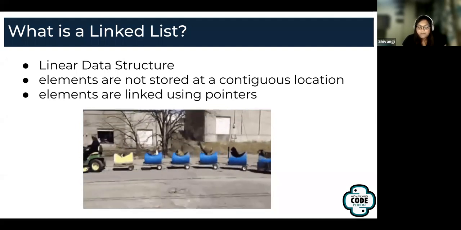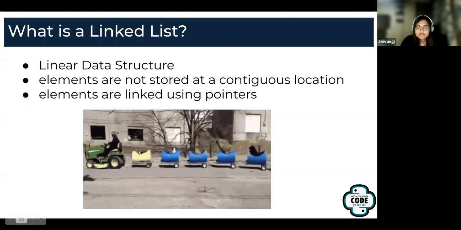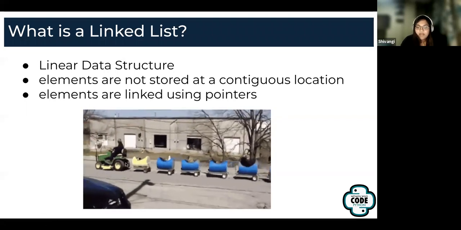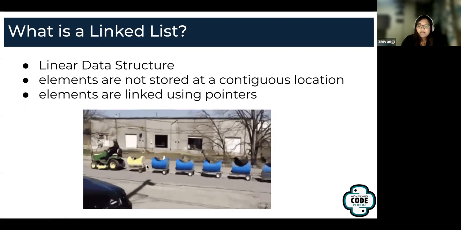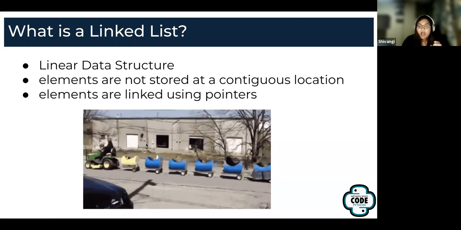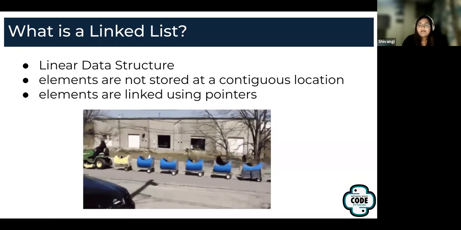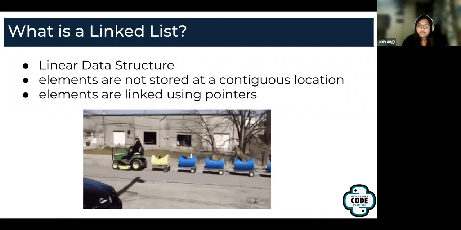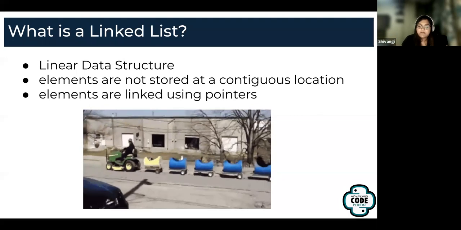So how do linked lists look, right? If you see this train, there's this one head, and then there are a couple of bogies following around. So this is essentially how a linked list would look. And the links or the chains between the two cars are the pointers. You can call them pointers because each is connecting the first and the second, or the next link to the other.